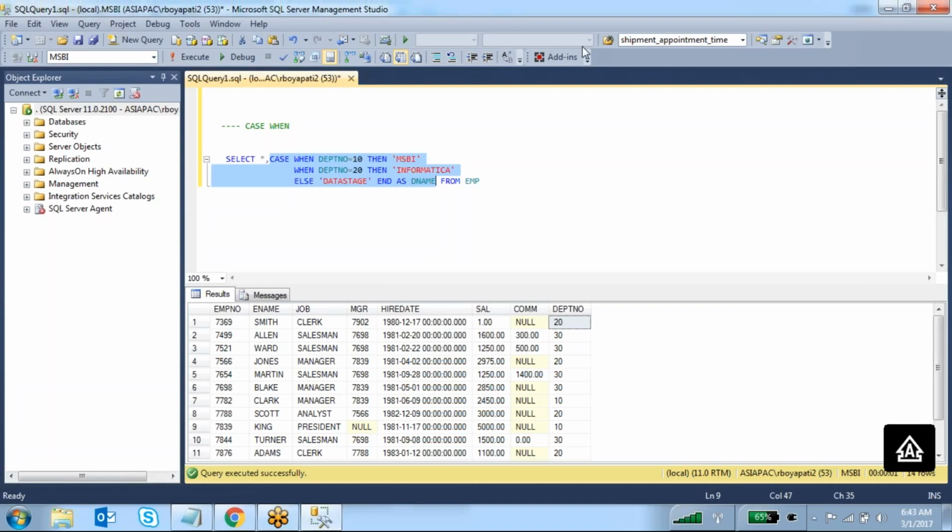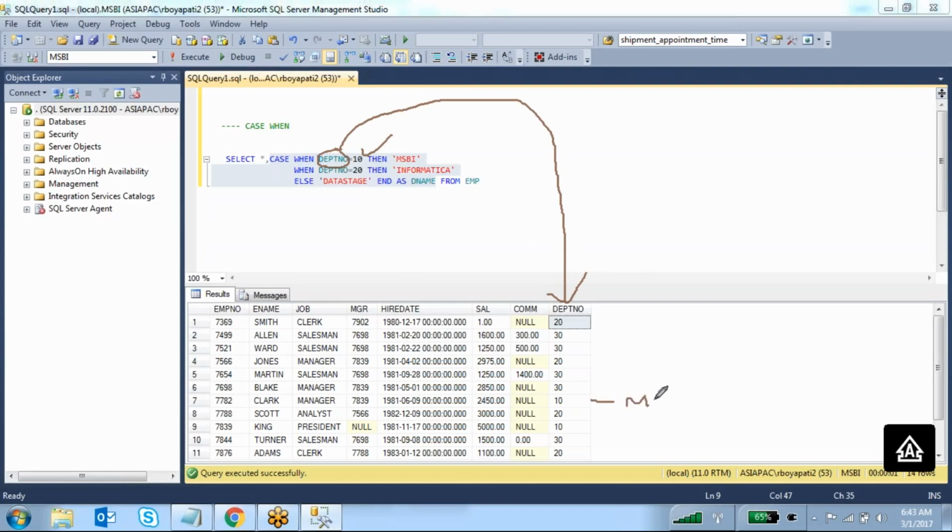So what this case when condition will do, it is going to check this department number column. If the value equal to 10, then what will it display? It is 10, so MSBA it will print. If the department number equal to 20, Informatica.